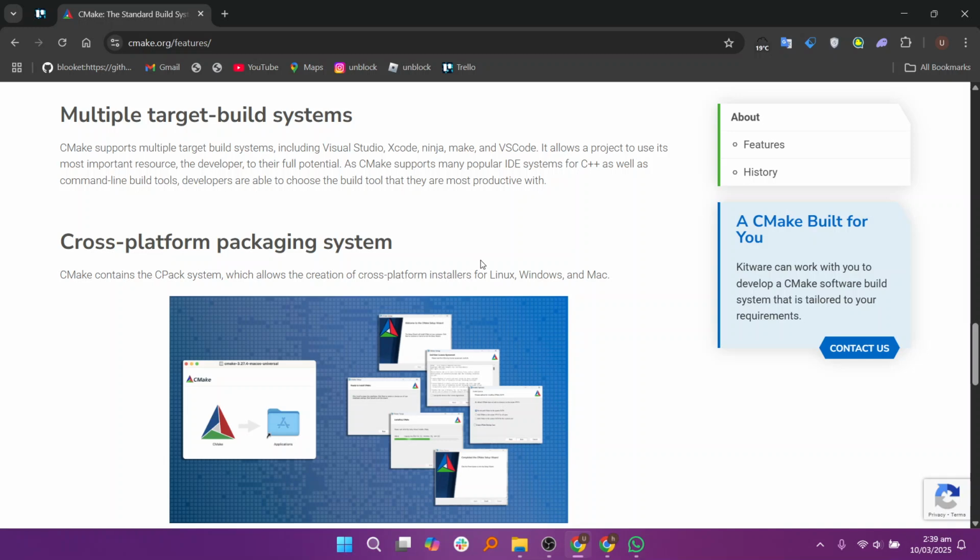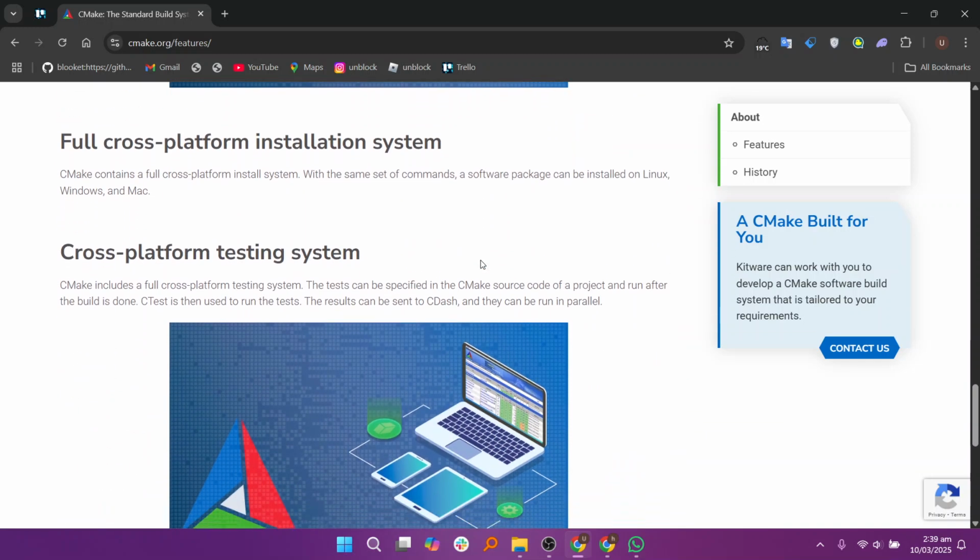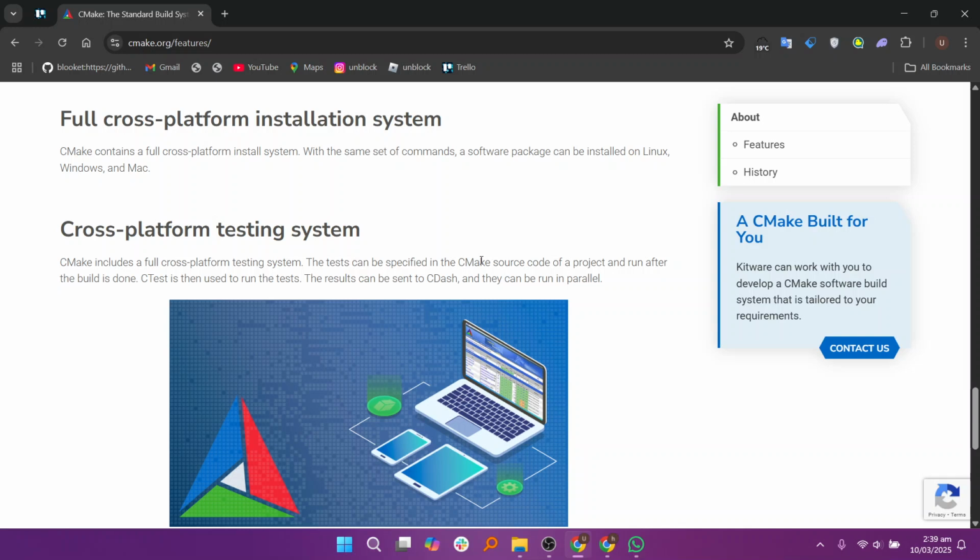CMake is also designed to work well with continuous integration, or CI, and deployment pipelines. It can be integrated with CI/CD tools like GitHub Actions, Jenkins, and GitLab CI to automate the build, testing, and deployment process. This ensures that software is built consistently across different environments and reduces the risk of errors